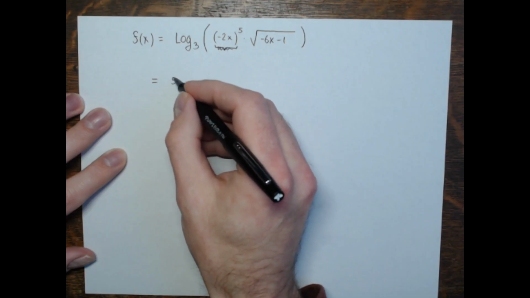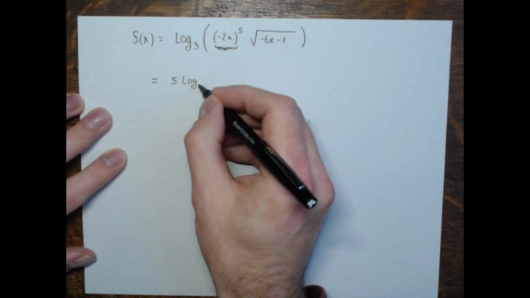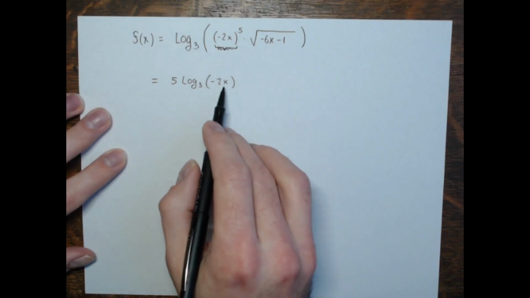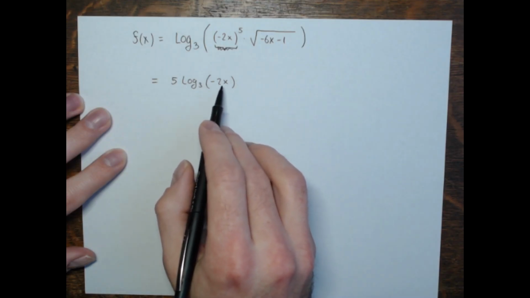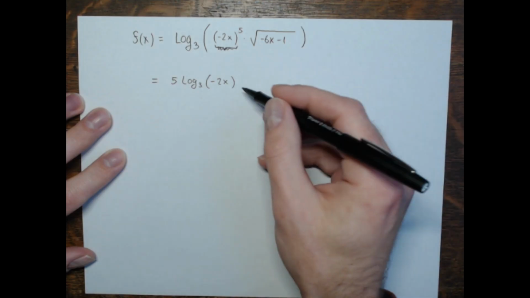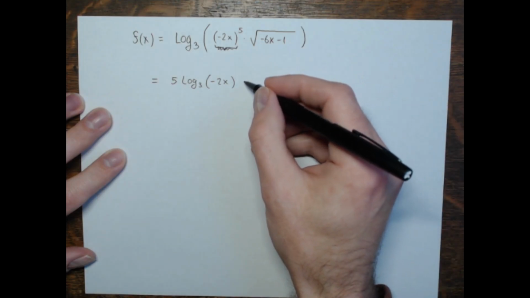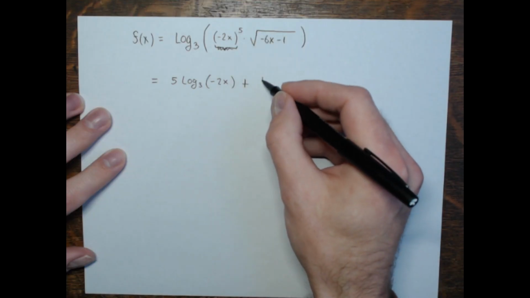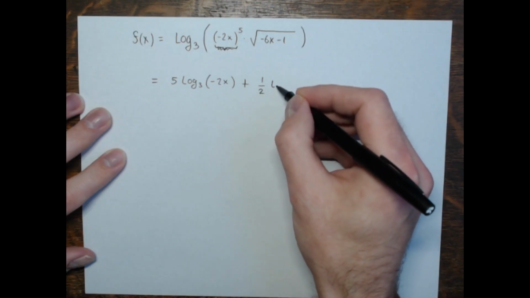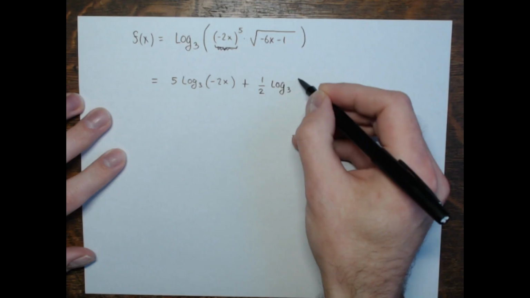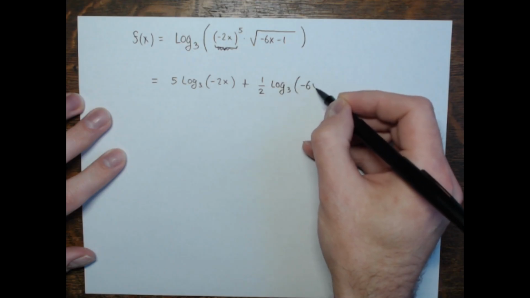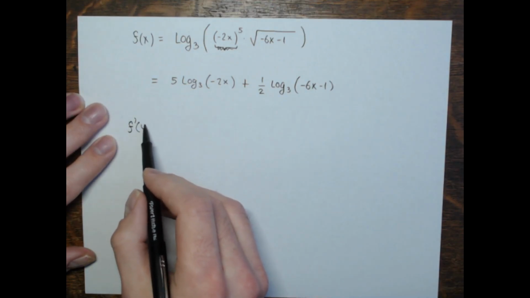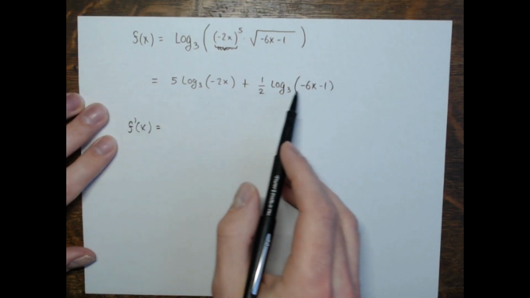So this is 5 times the log base 3 of negative 2x. And x would have to be some negative number here to make the expression inside positive. Whatever, right? And then plus product rule, and then again pulling the half out of that other one. Half times the log base 3 of this negative 6x minus 1. All right, so now that I've applied some properties here, split it up, let's go through term by term,